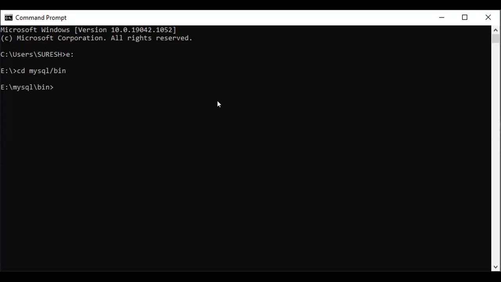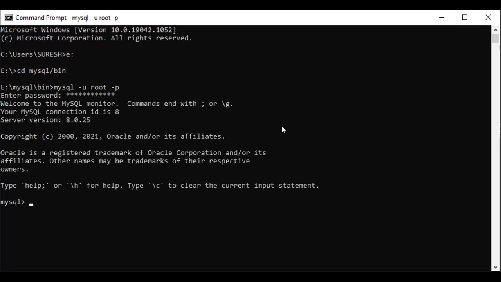Then type mysql space hyphen u root hyphen p, with localhost as the location. It asks you to enter the password. The temporary password was generated in the previous command prompt, so paste that password here.